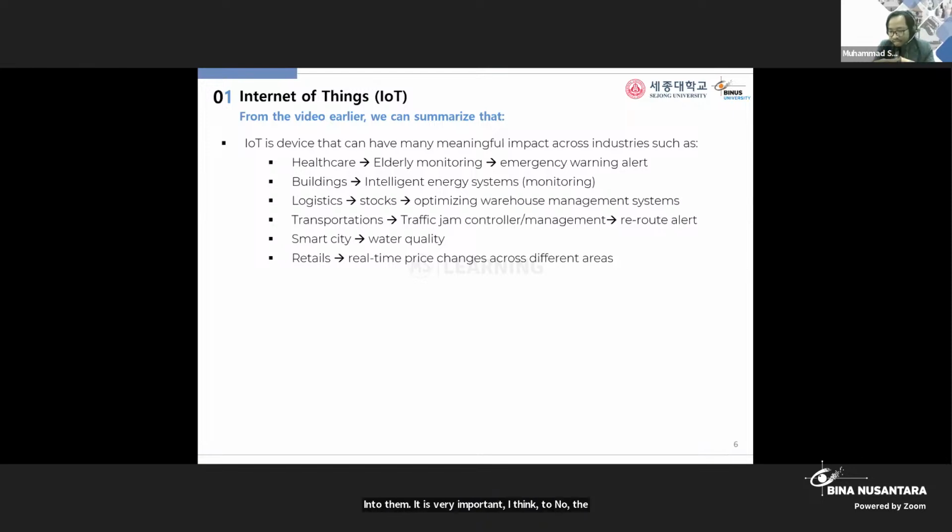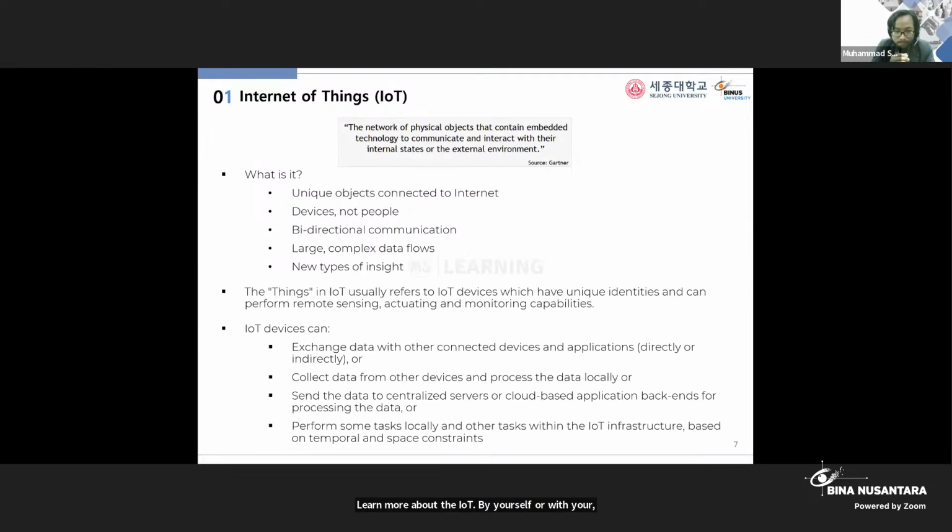The impact of this. So by knowing this, hopefully you will have some interest to learn more about IoT by yourself or with your colleagues in the university. So yeah, the definition of IoT is basically a unique device, and this device will have an ID, or identification. This device also can be used to communicate, whether through the outside world, or internally or